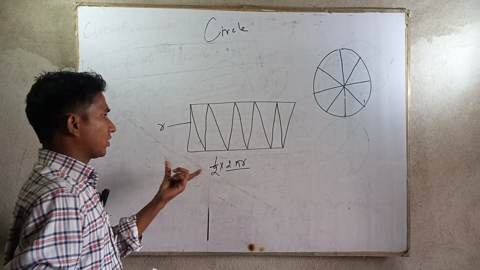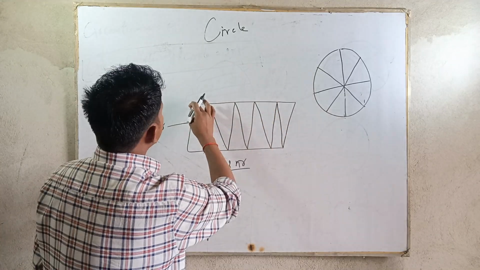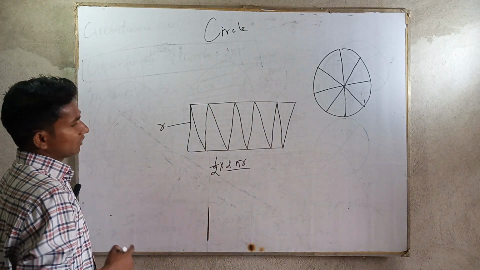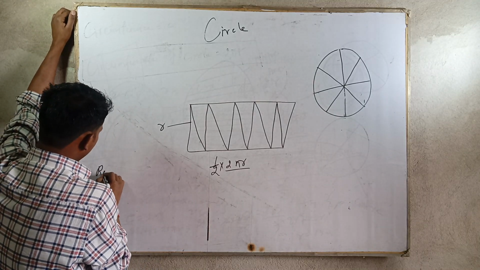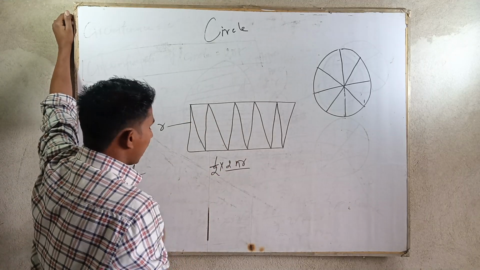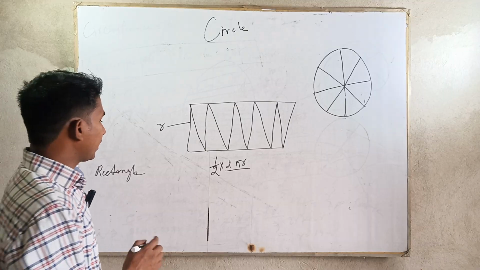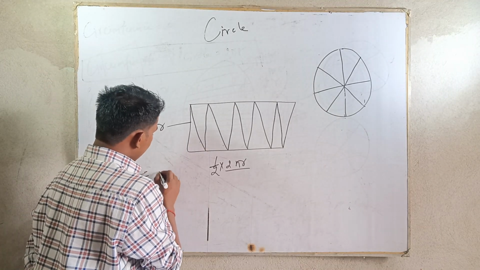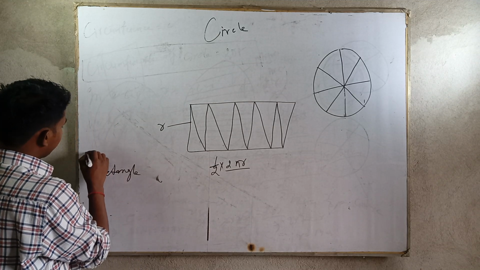This is really half circumference, and this figure is in the form of a rectangle. It is looking like a rectangle. I know how to find out the area of a rectangle. Then the area of a rectangle is equal to L